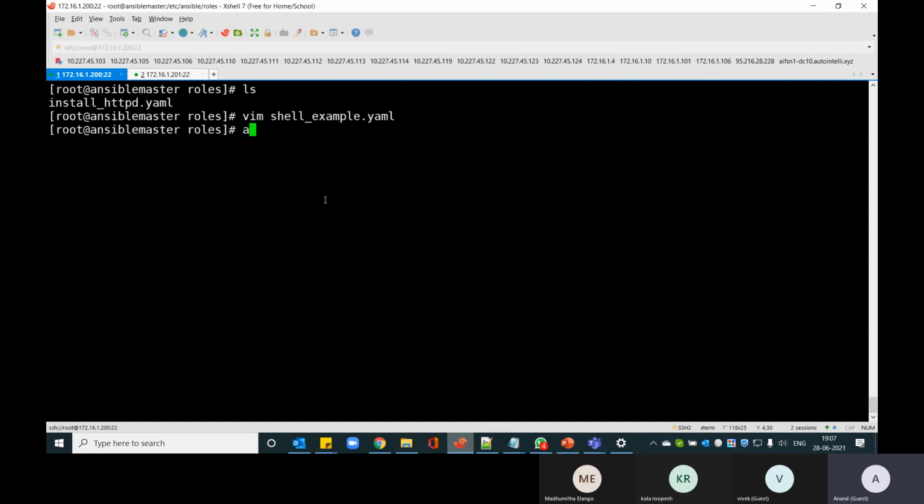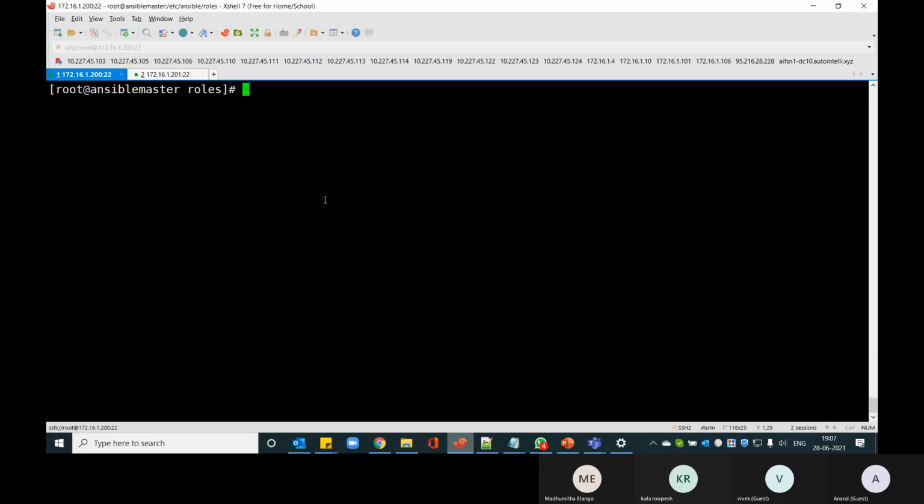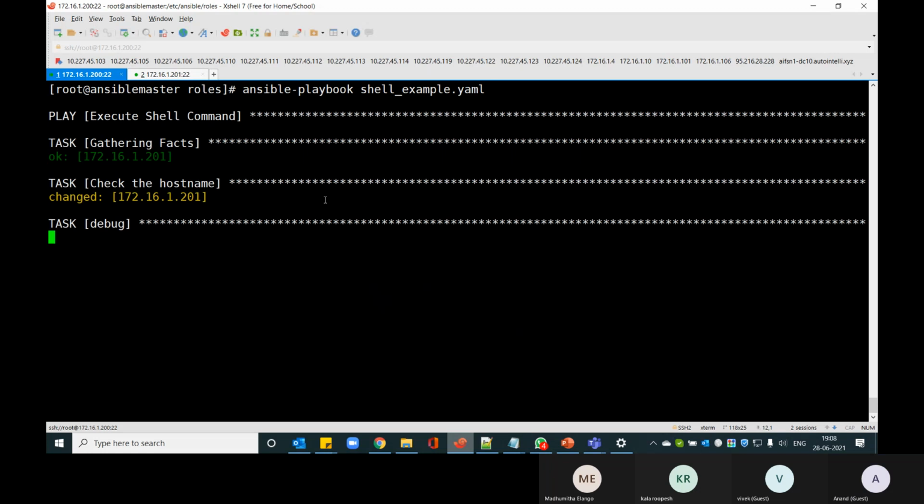Let us see if whatever I've written is actually right or not. Okay, sorry, I didn't mention the name of the playbook. So ansible-playbook, and I mention shell.